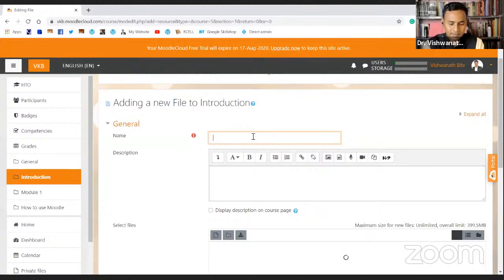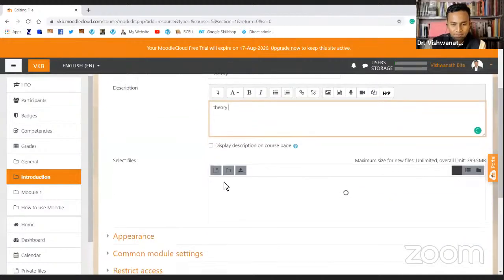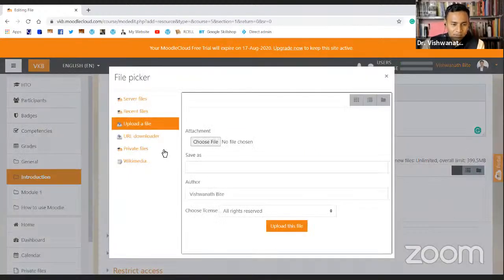So maybe I'll say theory and description. Quickly I will type theory and select files. Now whether you want to just download file or select file or upload file, I'll click on this one and upload file.